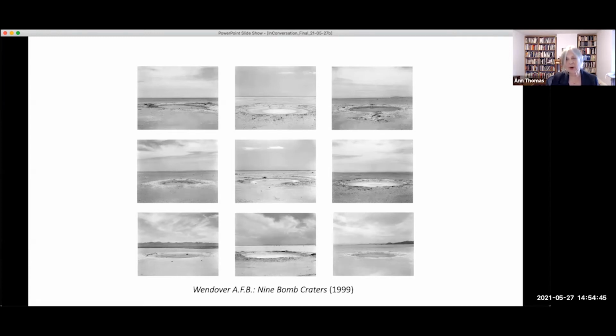I like to think of Mark, and it's interesting, we've all come to this conclusion, that to call him just a landscape photographer does not do justice to what he does. I like to think of him more as a modern day explorer rather than a traditional landscape photographer. Part of his quest includes finding new forms that will give full and clear expression to his findings. This was made apparent very early on, and if I could have the next slide,